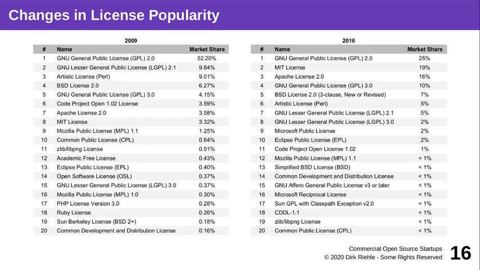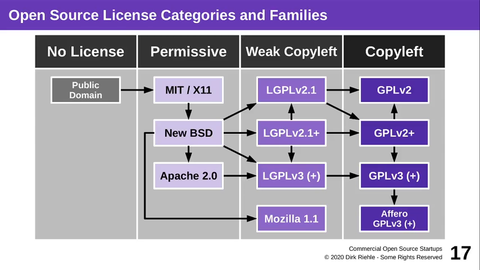Over time that has changed though, and the GPL version 2 still has a high market share, but it's increasingly the old software, and newer open source software projects are permissively licensed, in particular under the very simple or comparatively simple MIT license. And you can see number 2 and 3 on the right side, the Apache license as well, are both permissive licenses that don't require you to lay open your own modifications to the source code if you put some open source components into your commercial product.